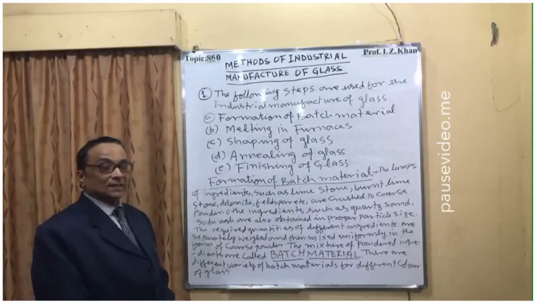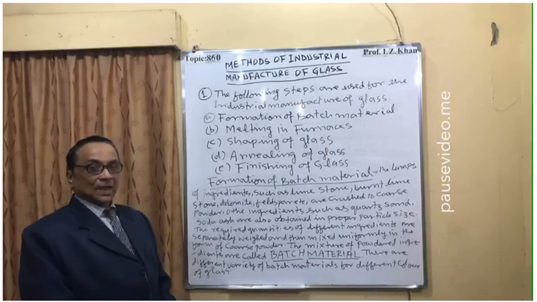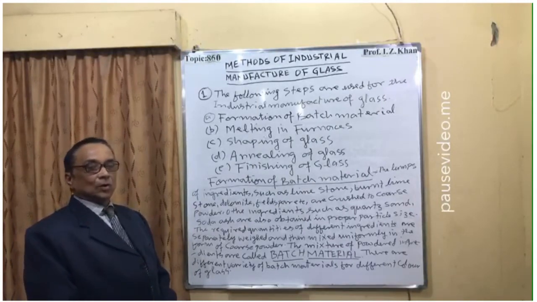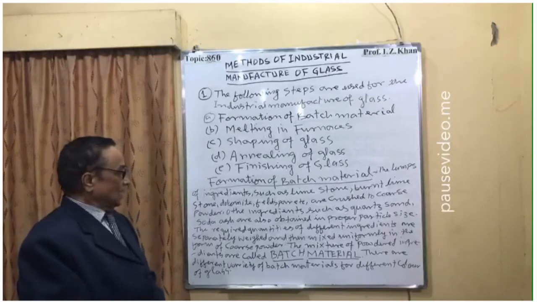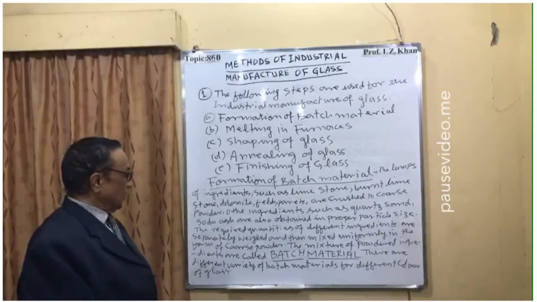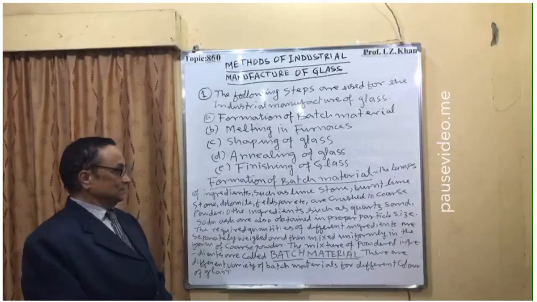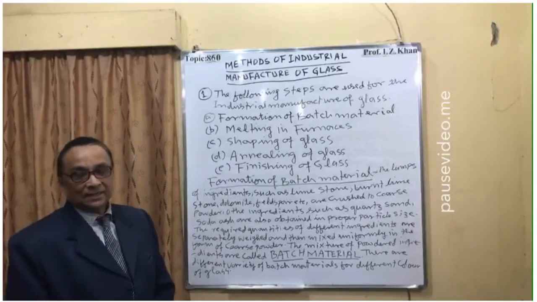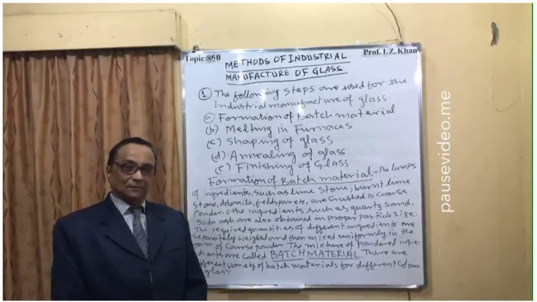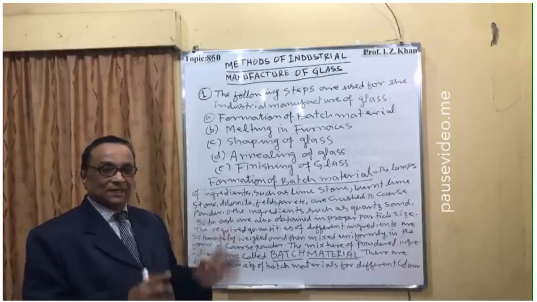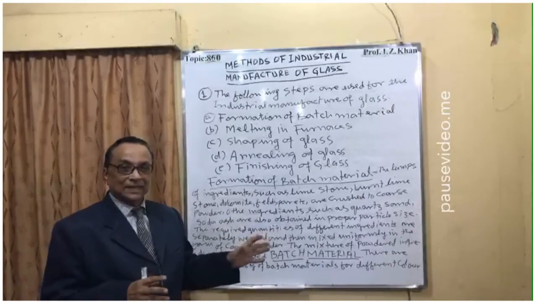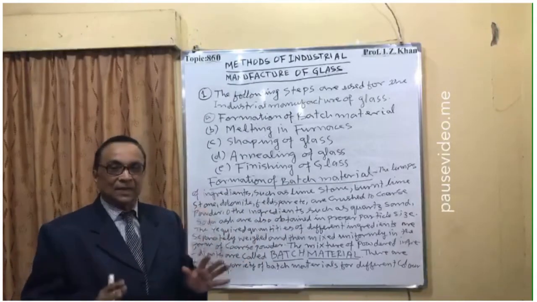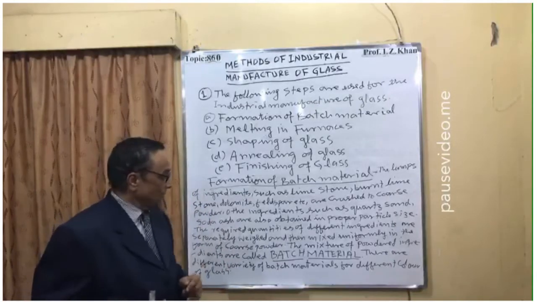We have to take all these quantities by weight separately, and after weighing, it is noted down so the ratio is maintained. After all the weighing, all are mixed together uniformly in the form of coarse powder, and the mixture of powder ingredients is called batch material. If you go to any glass industry, they will say batch material. Batch material means this powder, the heap of powder. It means all the weighing and the ratio of the different ingredients is maintained.